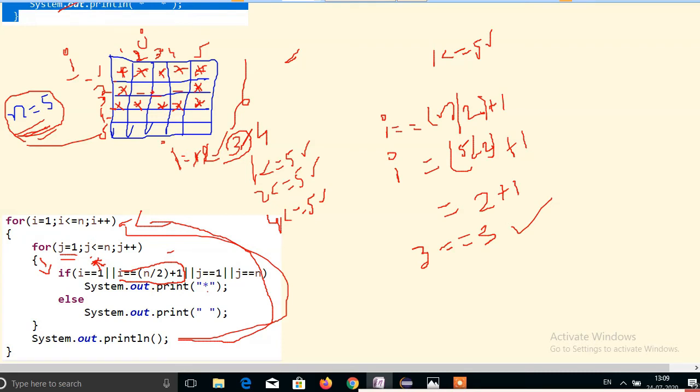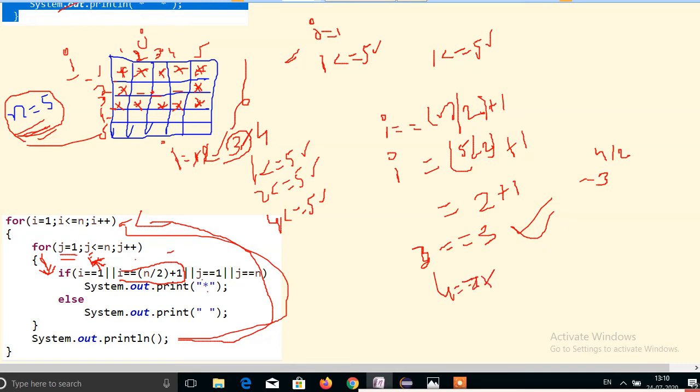Here j again starts with 1. 1 less than or equal to n, that is 1 less than or equal to 5, the condition is true. In the if condition, i double equal to 1 is false since i is 4. Then i double equal to n by 2 plus 1: that is 3, but i is 4, so 4 double equal to 3 is false.